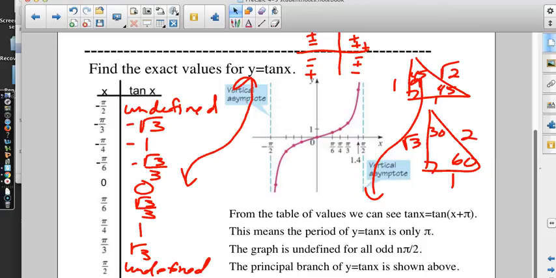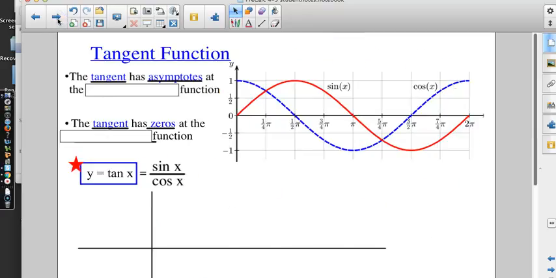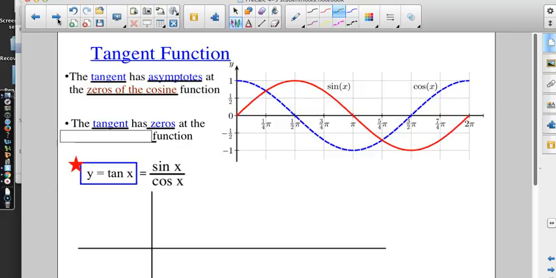But like I said, there's just not as much to the tangent and cotangent graphs as there are cosine and sine. So the tangent has asymptotes at the zeros of the cosine function. Why is that? Because the cosines are the x's. And when we do tangent, we're doing y over x. So anytime those x values are 0, that's when we're going to have an asymptote